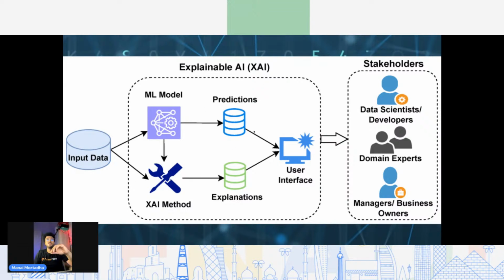Then, as a result, you get a prediction, and those predictions are printed into a user interface. And in this user interface, the domain expert, data scientist, developers, or even business manager, whatever stakeholder, is going to see those predictions,